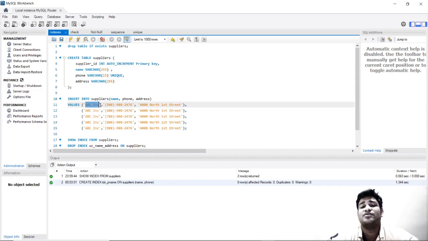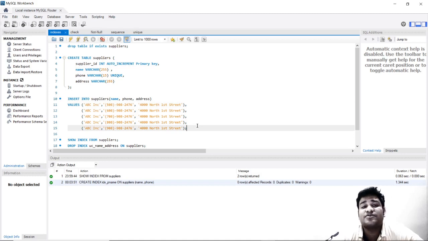Even numbers can be sorted and even alphabets can be sorted. Alphabets are sorted as per collation in MySQL, similar to ASCII in Java. In Java, alphabets are sorted as per the ASCII value. Similarly, in MySQL, alphabets are sorted as per the character set and collation. So collation is the number representation for that particular symbol, such as A. A is a symbol, so A will correspond to a number, say 1.